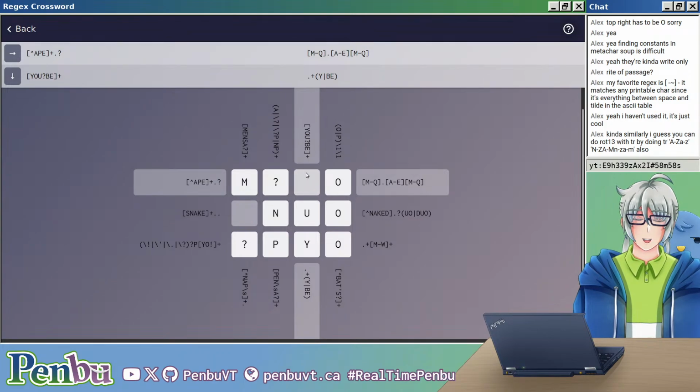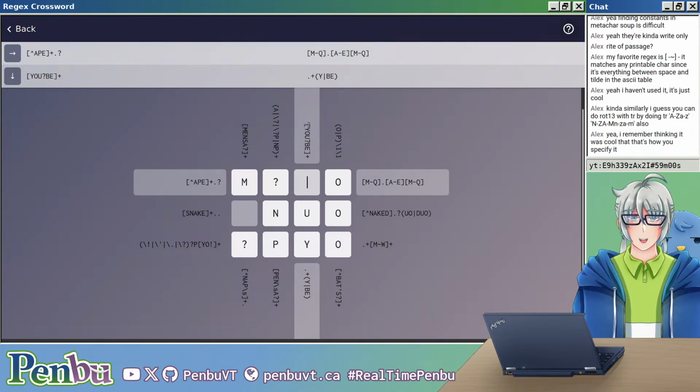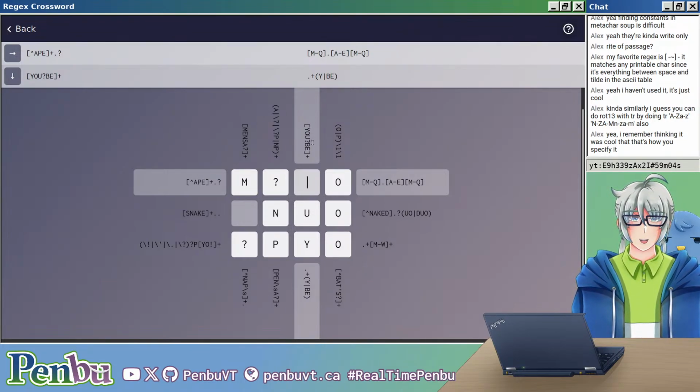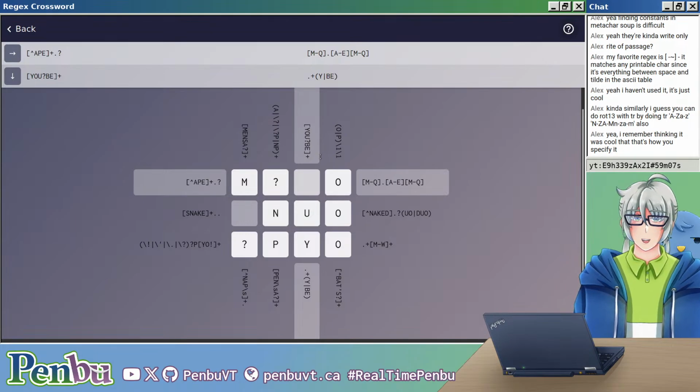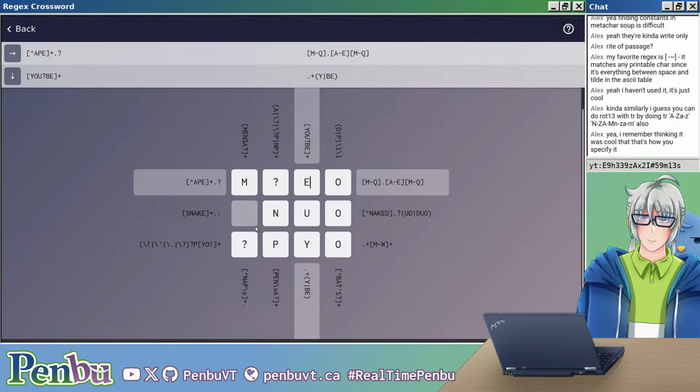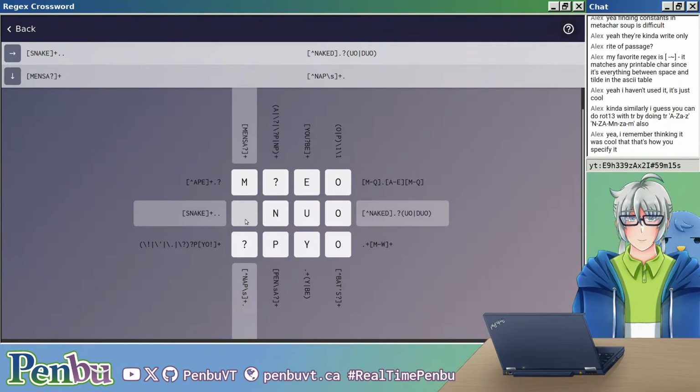So this is any character. Doesn't help. But it has to be any character that's YOU question mark BE. The overlap here is an E, so that has to be an E. And then,